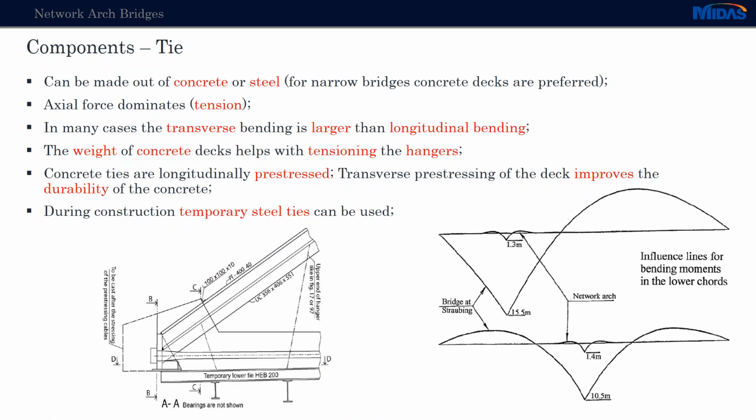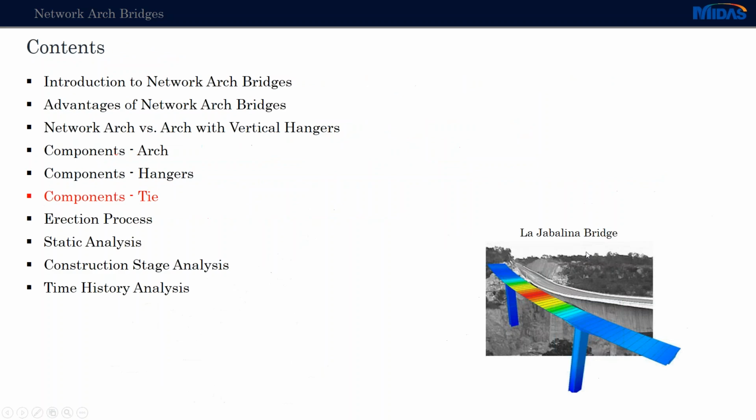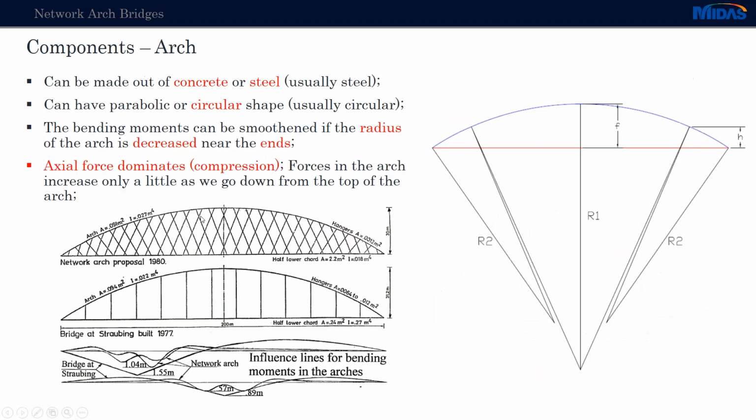During the erection process, either when using concrete or steel ties, it is very usual to use temporary steel ties, just as the one here. We can see the temporary one, which is used during erection and then taken out afterwards. On the right, we have the comparison of the same bridge, just as here, but this time